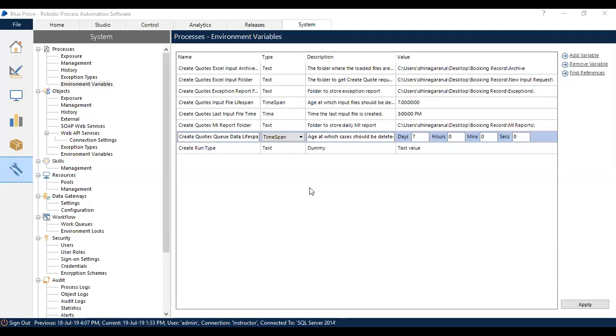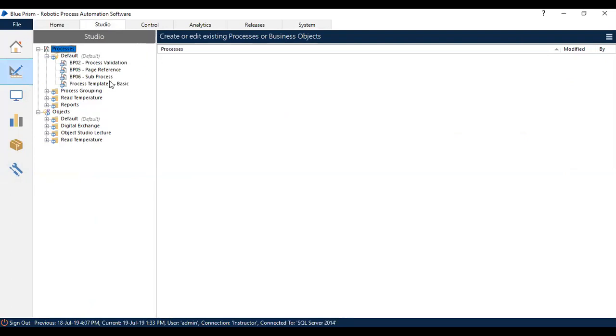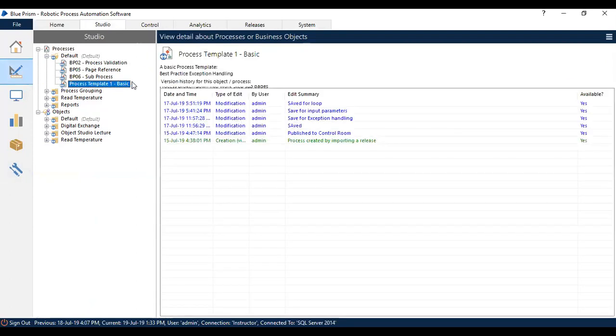Now we are back again in Blue Prism, where I'm going to go to one of the processes. We'll take the same process I explained in the theoretical part, process template basics 1. In that they have defined three default session variables. We are going to see the same ones so that it will be easy for you to understand and use in your upcoming process development. So just open the process.